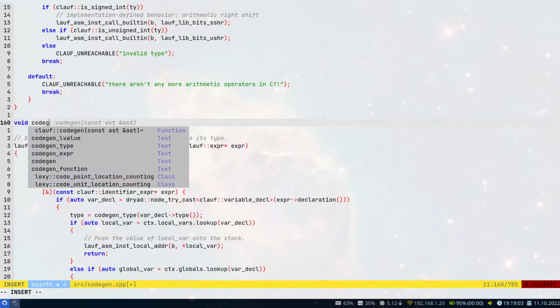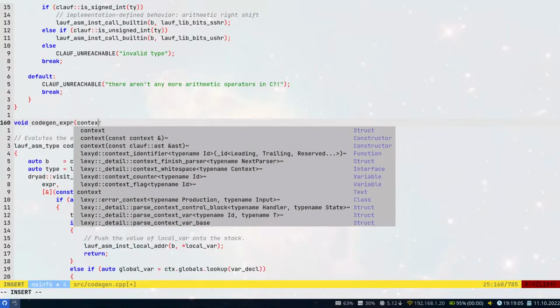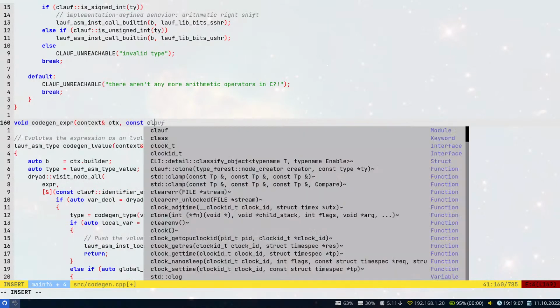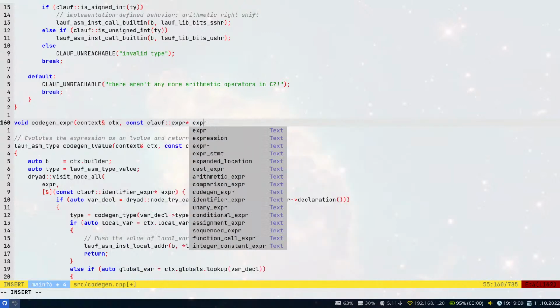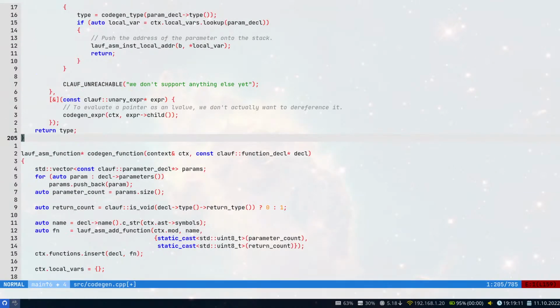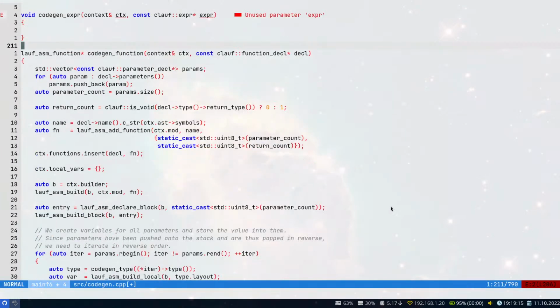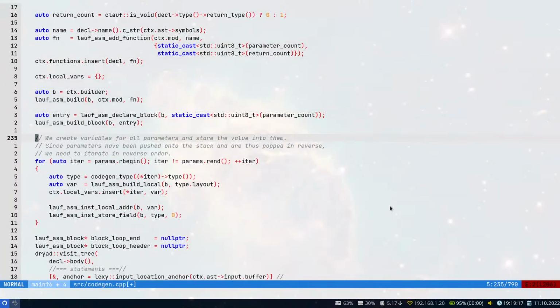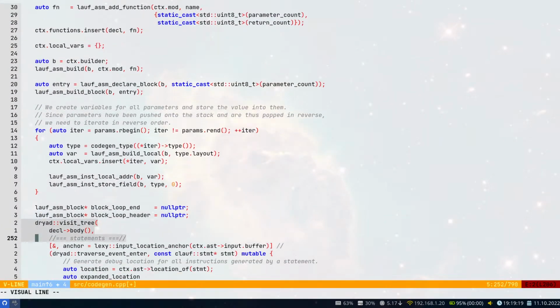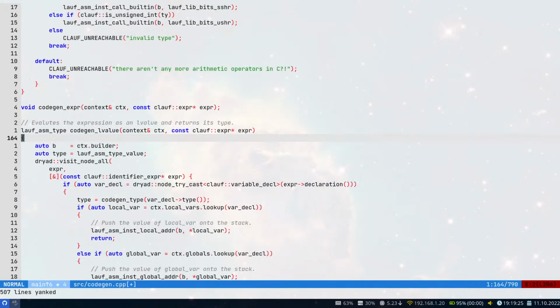So void codegen expression context expression, which essentially is the same as this one,